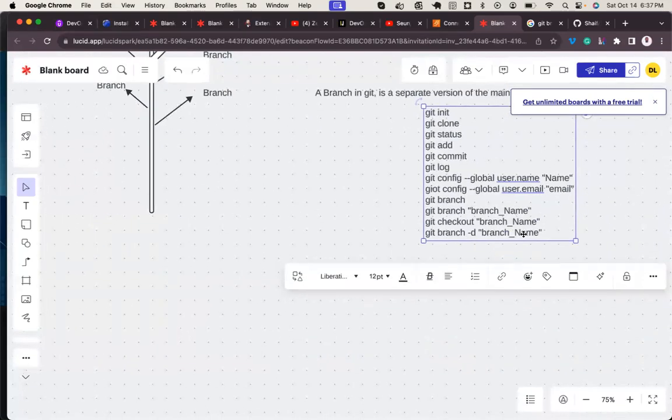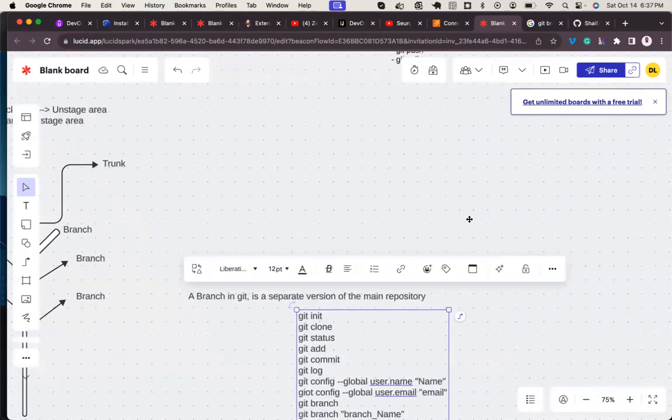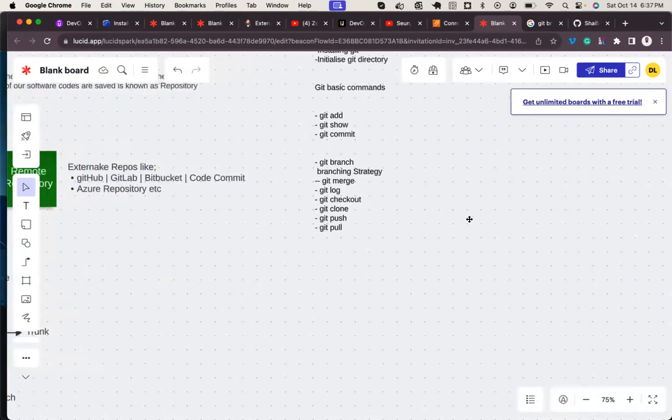That is how to delete a branch. So that was everything about branches. Now, let's talk about branching strategy. Branching strategies are different methods employed in the context of Git branching.